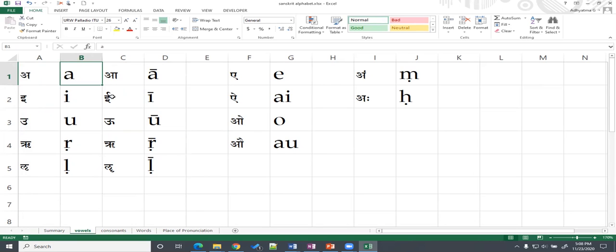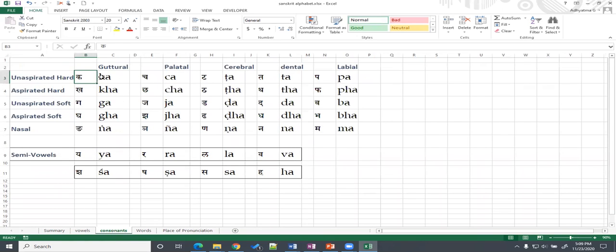If I just want to say a, I can say a, or to make it clearer, I say akara. Kara means doing that sound in this case. That's how I refer to the consonants particularly, because a consonant cannot be pronounced without a vowel. So if you say ka, it means kakara as the consonant and akara as the vowel. So how do you say just the consonant? You say kakara. Kakara means just the K portion